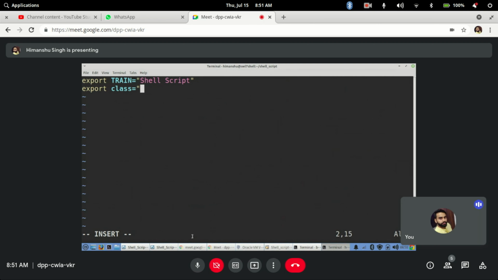Variable names are case sensitive, so whatever you are defining, the same you have to use anywhere.